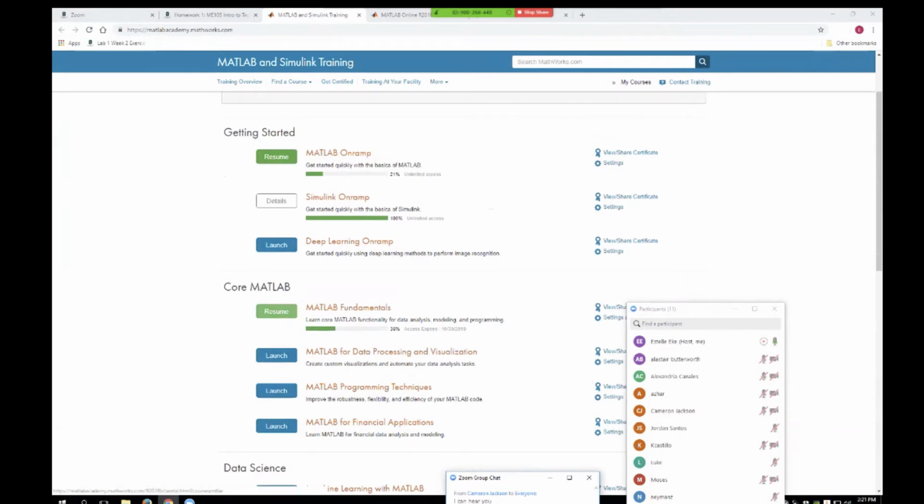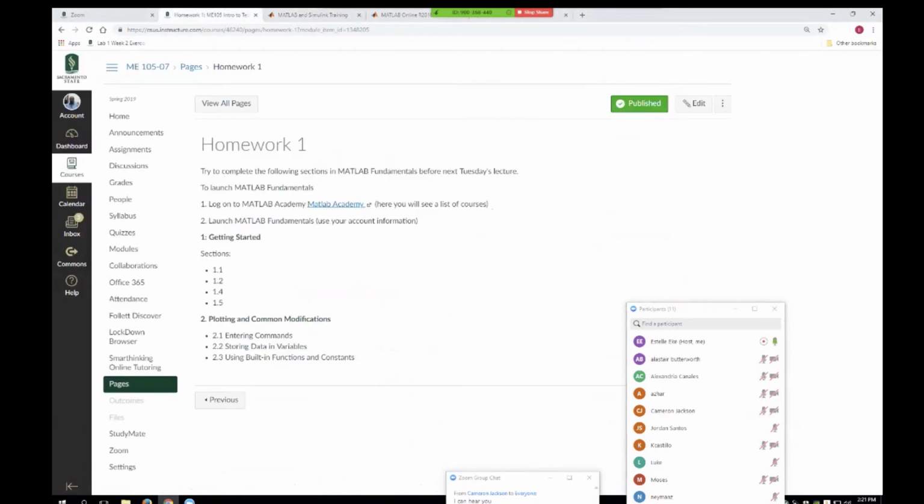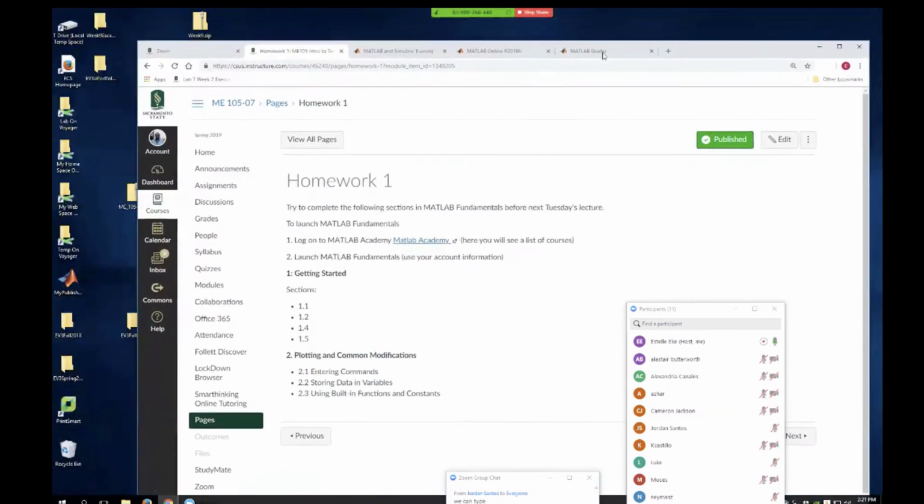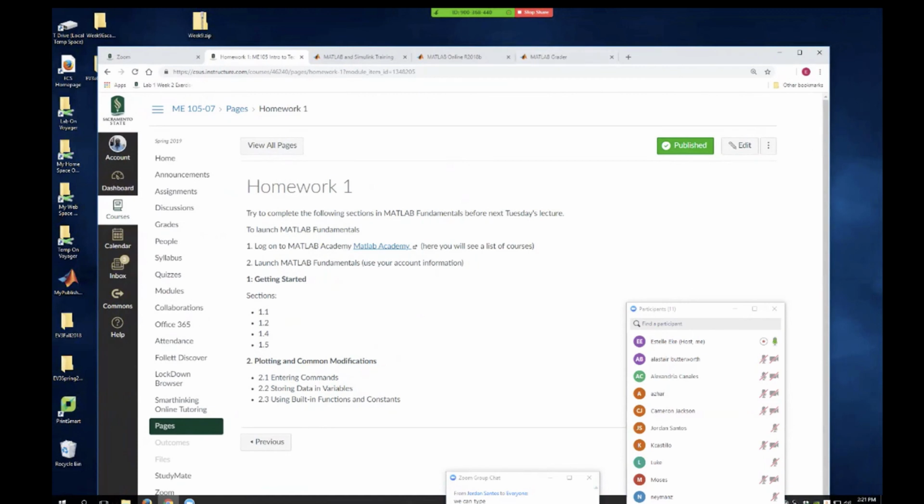So this will just say launch, and you will launch MATLAB Fundamentals. When you launch it, you will be able to practice with 1.1, 1.2, 1.3, which has to do with data files, which we haven't done yet, 1.4, 1.5, and then plotting 2.1, 2.2, 2.3. By the time we get to the next lecture, I'll be asking to see if people understand. So we'll have a discussion, and I